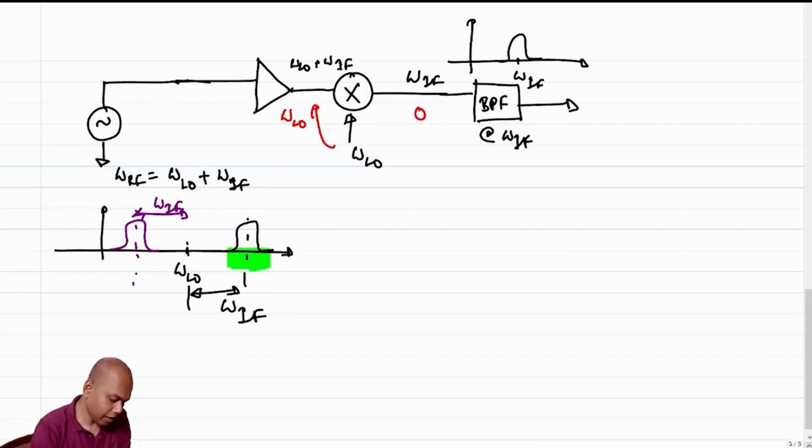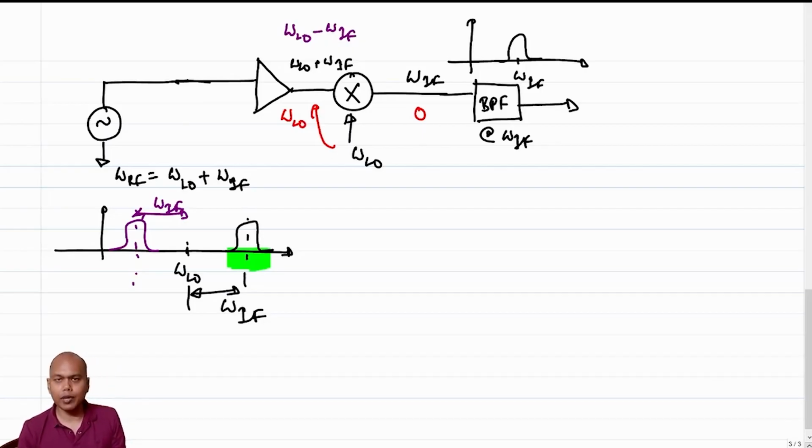So the output would have been again at negative omega IF, but it's a real signal, so every negative omega IF will also have a positive omega IF. So you are going to have something around the positive omega IF,